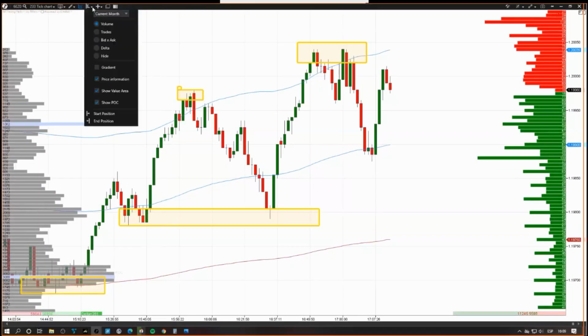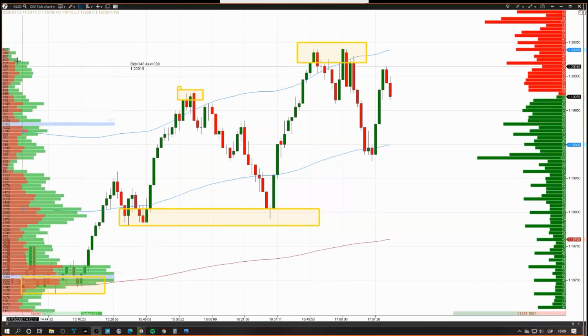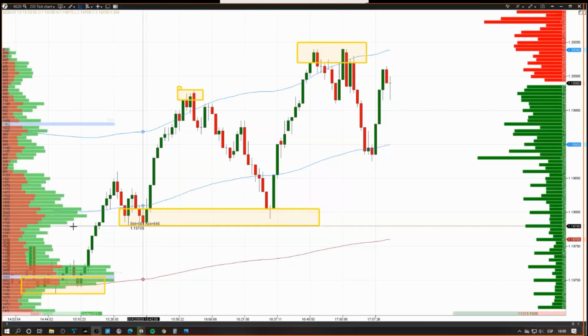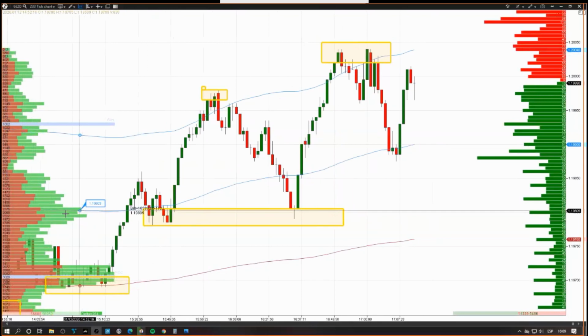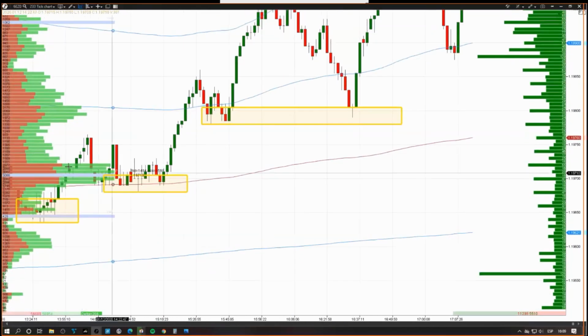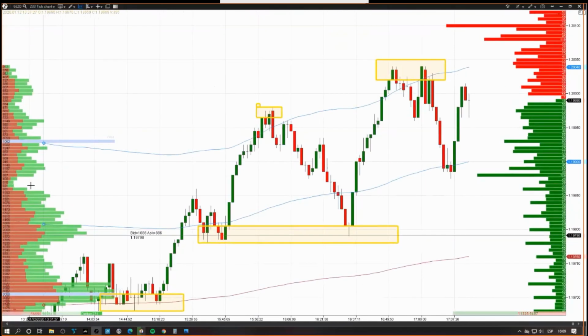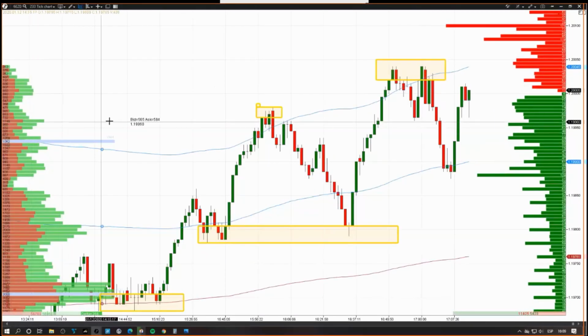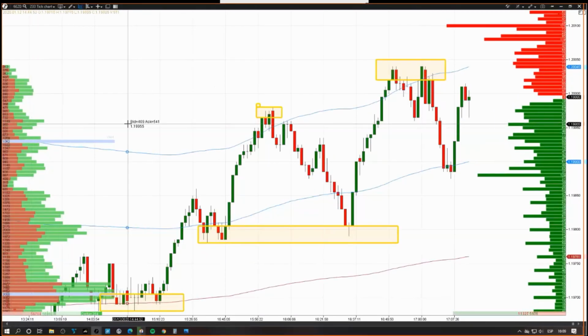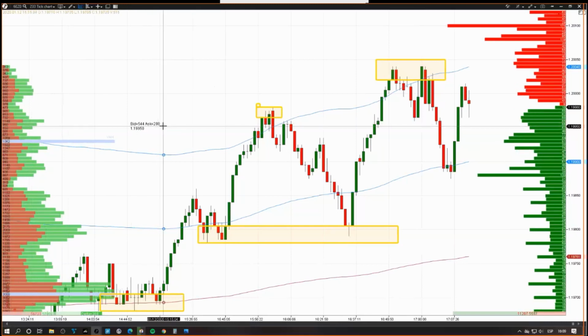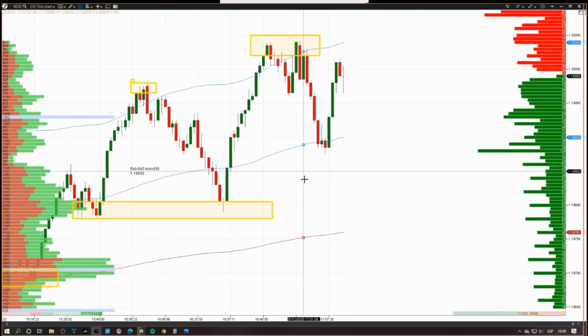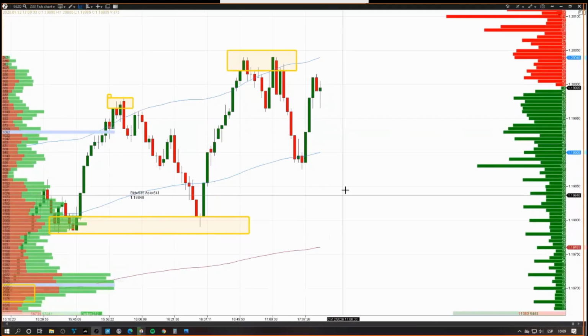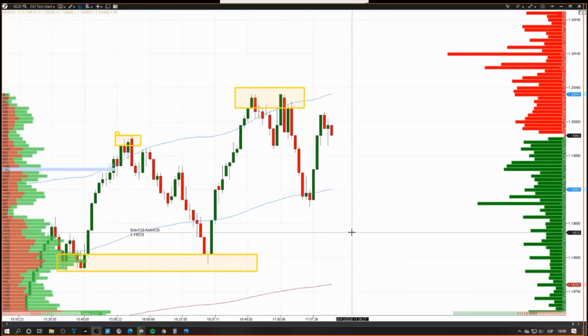the bid and ask, right? Buyers and sellers at each price. Okay, at a glance, you can see where more buyers or where more sellers are at a given price. You can see all that here on the screen. It shows you exactly how many buyers, how many sellers were at this price. There's a lot of information you can get from an order flow platform that you can use.